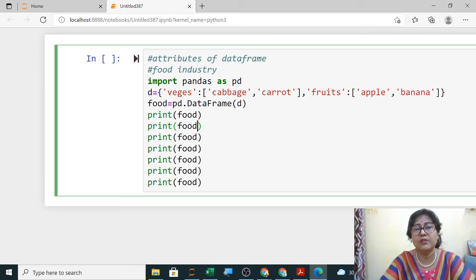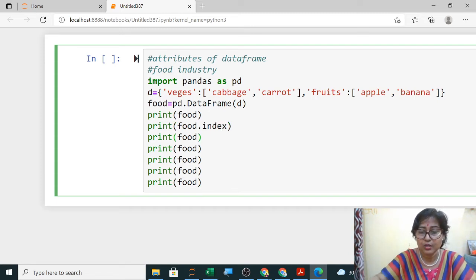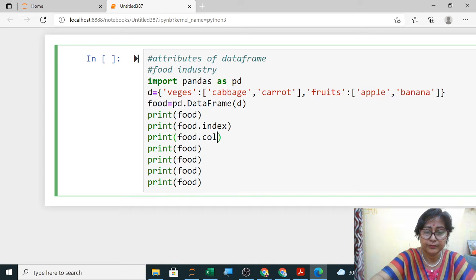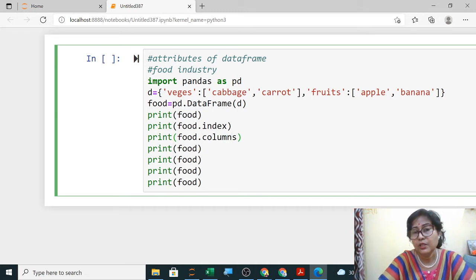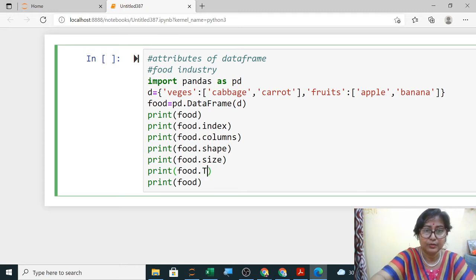The first one was food.index. The second one was food.columns. In your project also you will try to use all: shape, then size, then transpose, then head.